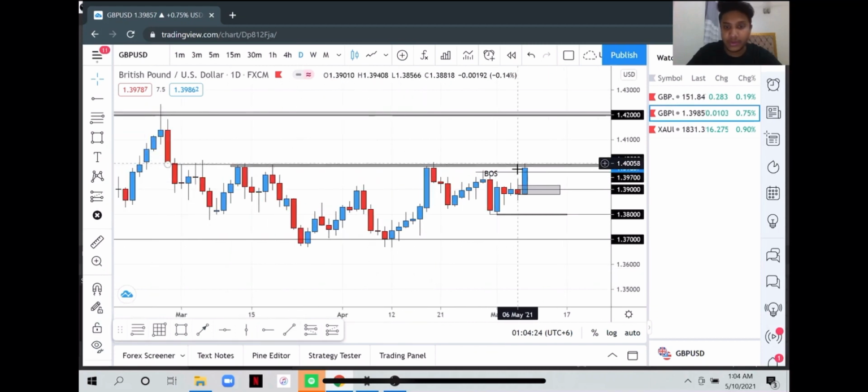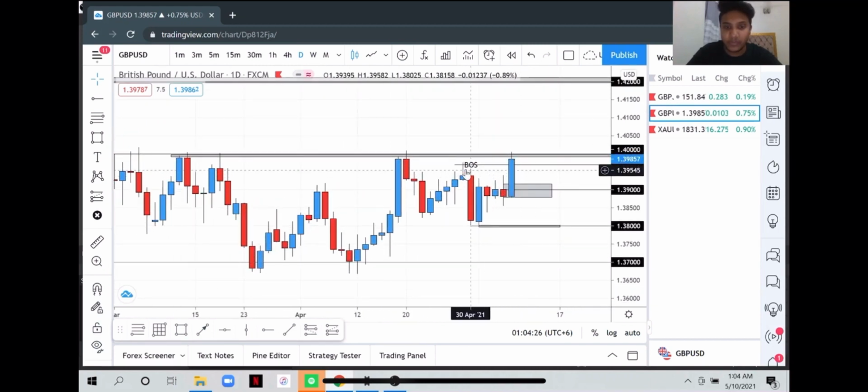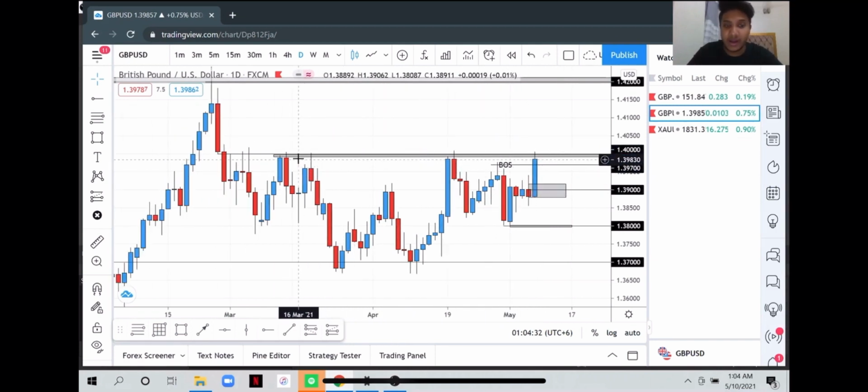Okay, on daily we saw a break of structure over here. We saw another new higher high creating into 1.4 area, which is a strong supply zone and has a lot of liquidity sitting over here. That means maximum of the retail traders are sitting over here, and we can see this zone clearing out very soon. So for me, we might see a pullback around this area, and then we might continue the bullish momentum minimum till